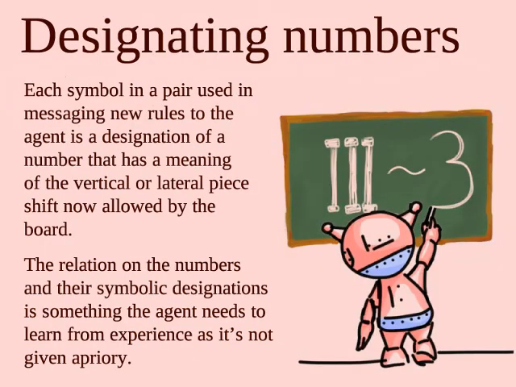Well, you know that there are numbers and their designations, and the relation between them is something that everybody learns when being a kid. The same goes for the agent, as the messages it receives use some designations, and the agent itself uses something like numbers to make a move. So it needs to build a kind of relation here.